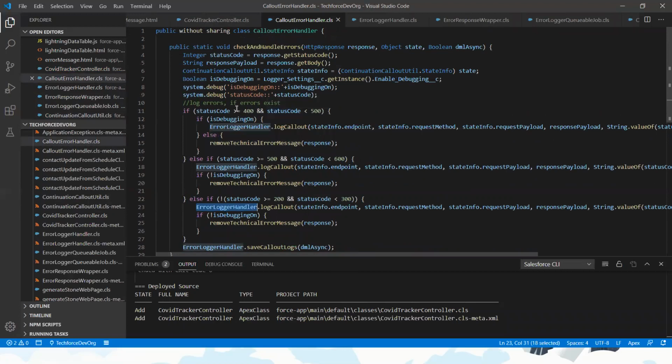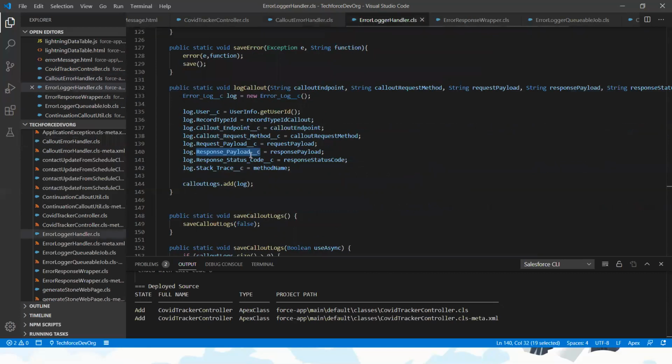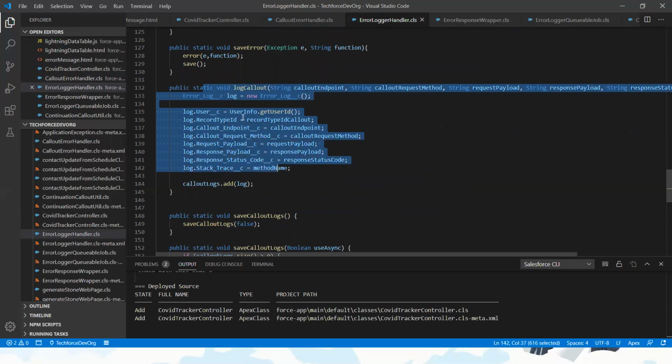If the status code is greater than 400 or less than 500, I pass it to another error handler class with all the information, like the endpoint URL, request payload, and response payload. If I navigate to the error logger handler, here I'm getting all the information and creating it in the error log object.